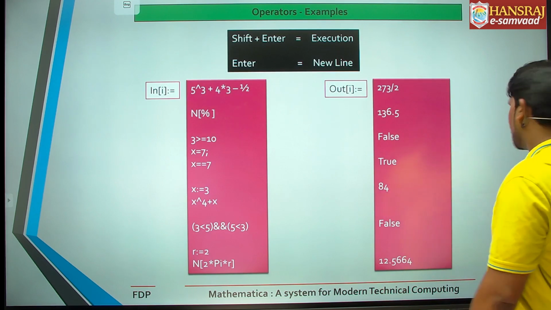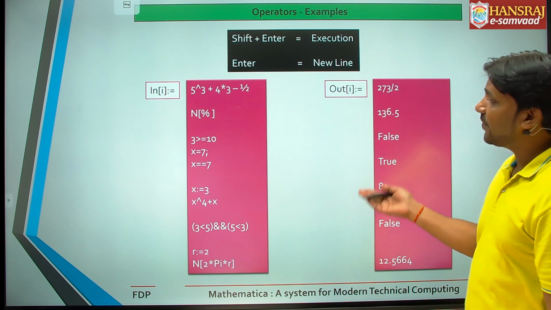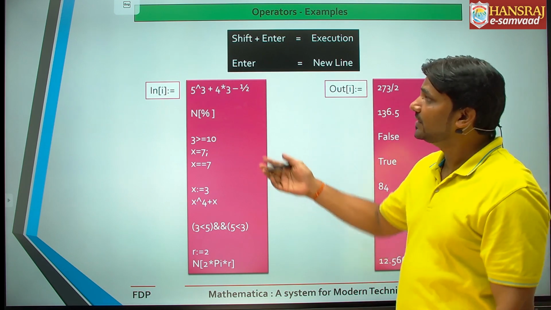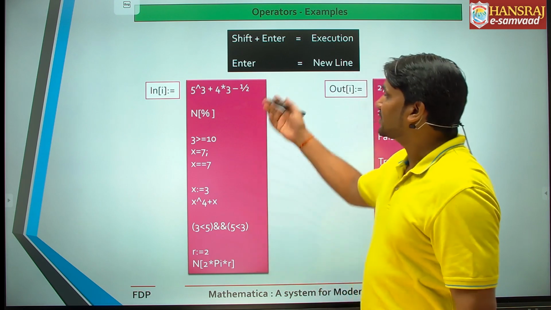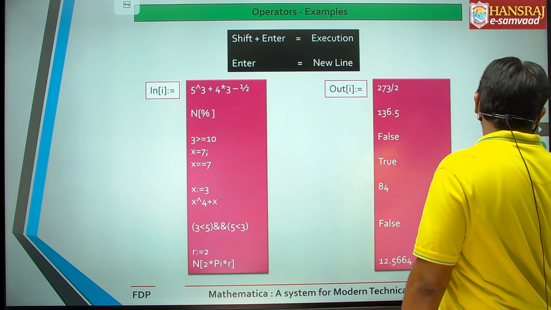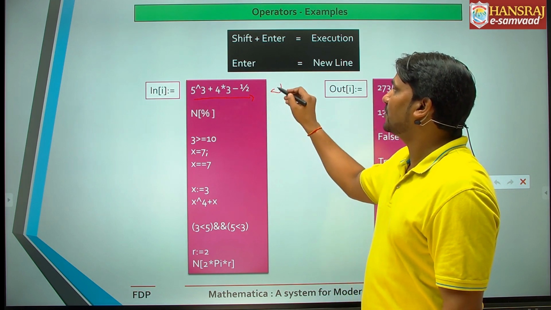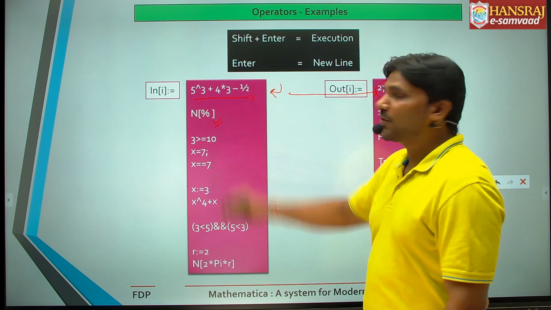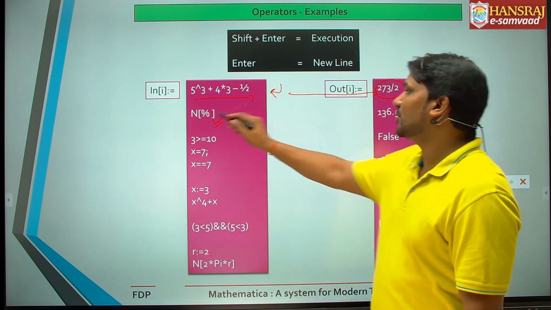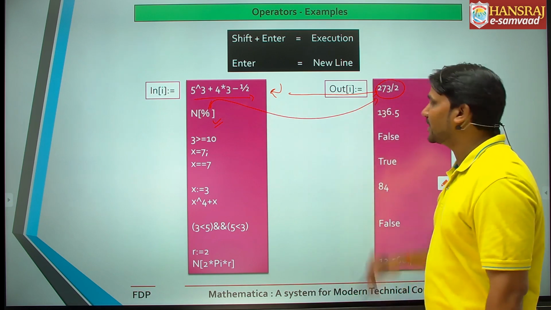So here are some examples for your operators. As we have already seen in simple calculations in mathematics, the same way you can do that. You will put some input like this one, press Shift+Enter, and you will get output like this one. Then for numerical output you will just put N, and the percent sign is for your previous output, and you will get the value